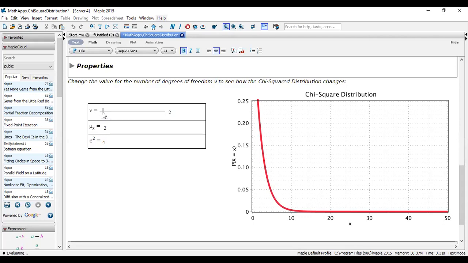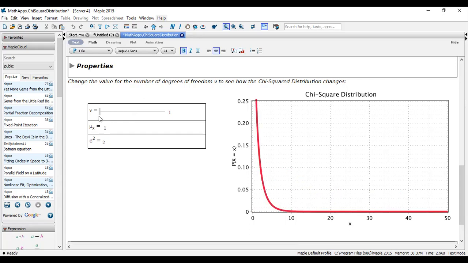If I drag this cursor from this end to this end, what you are seeing is that the shape of the curve is being changed, up to this 41 sample size, from this to this. So this is how the chi-square curve will change if I keep on changing the